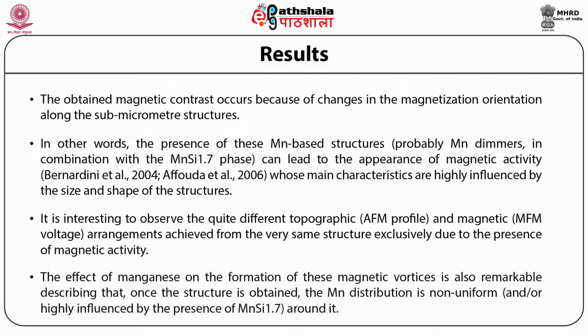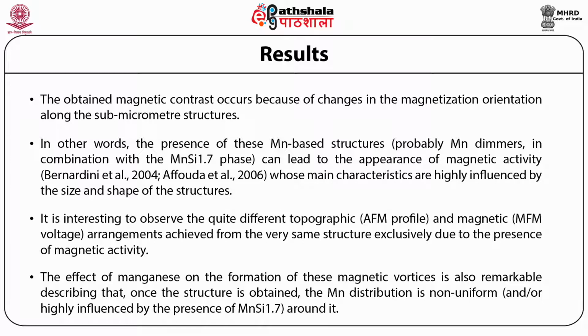The effect of manganese on the formation of these magnetic vortices is also remarkable, describing that once the structure is obtained, the Mn distribution, that is manganese distribution, is non-uniform and highly influenced by the presence of manganese sulfide